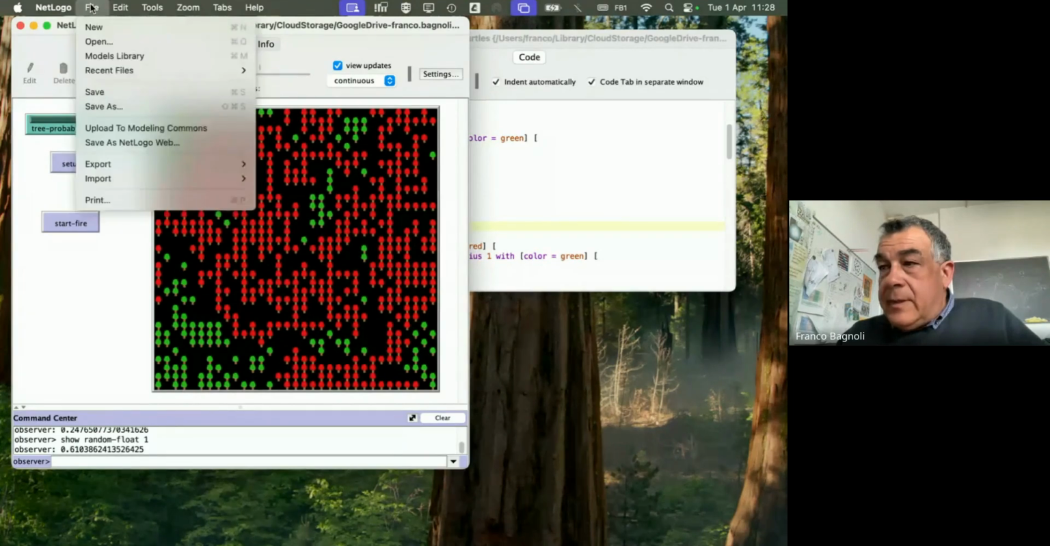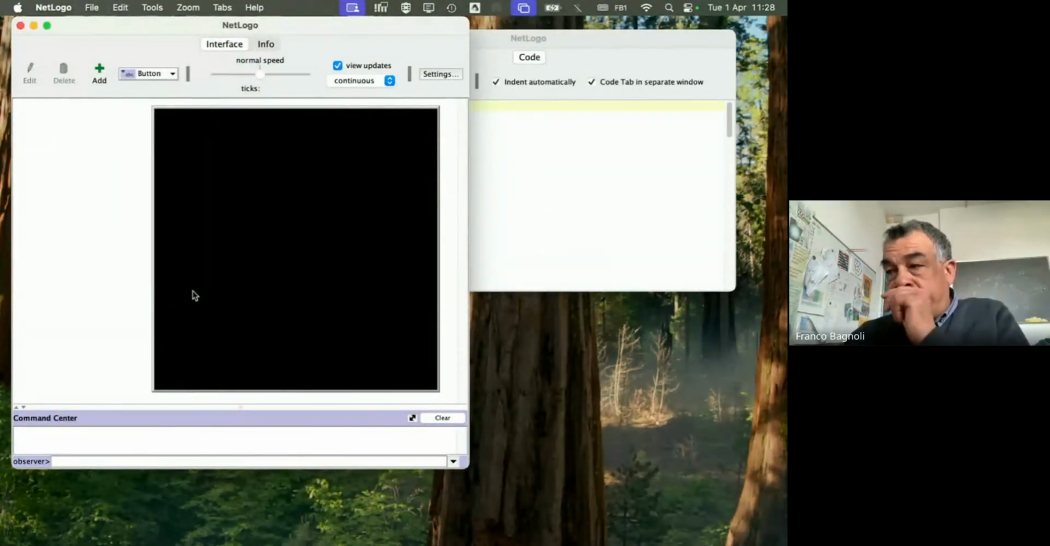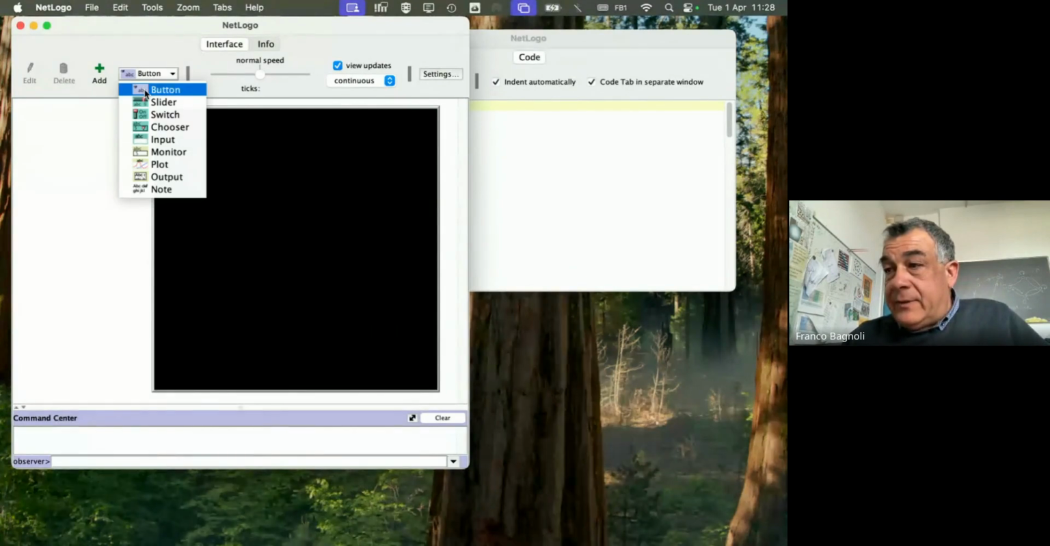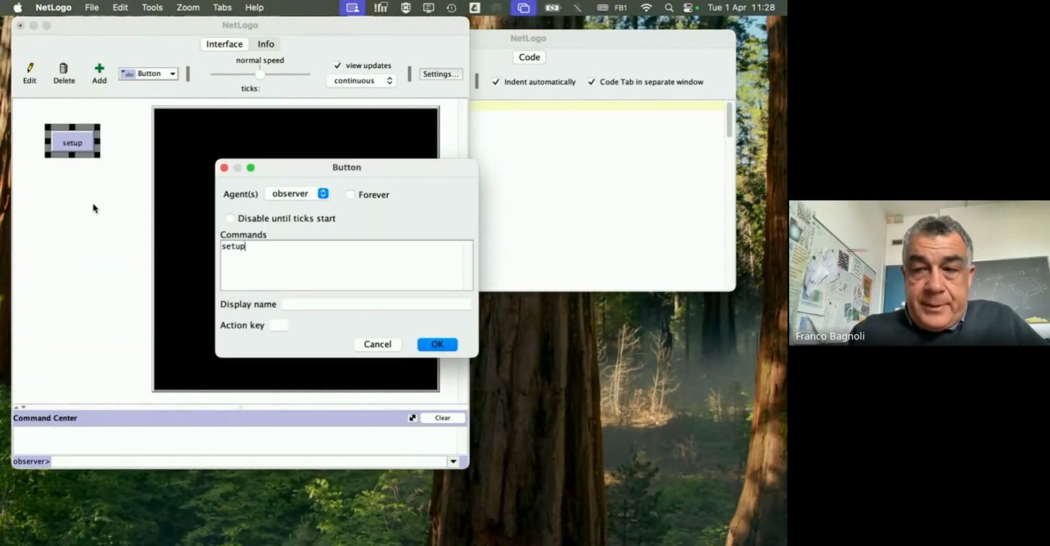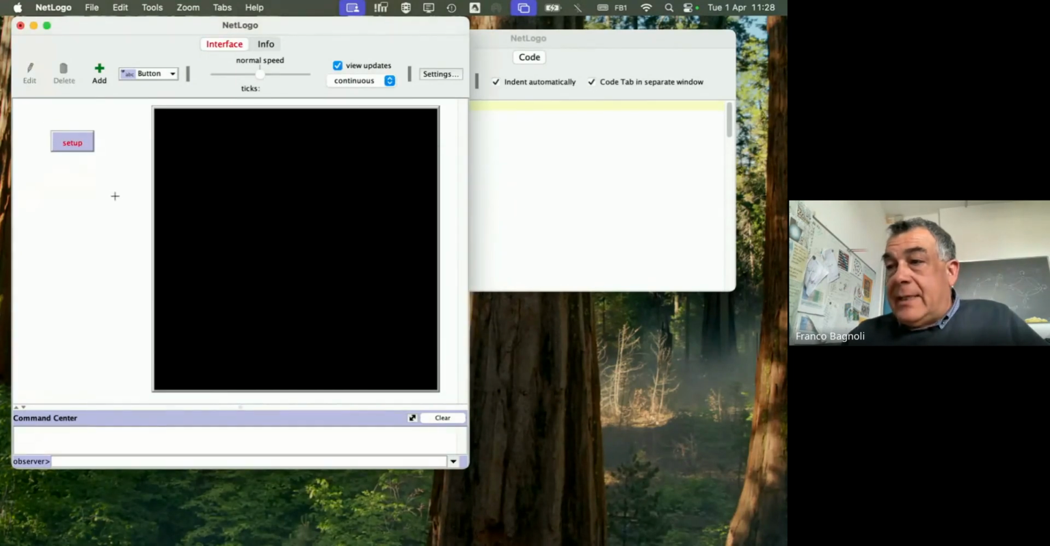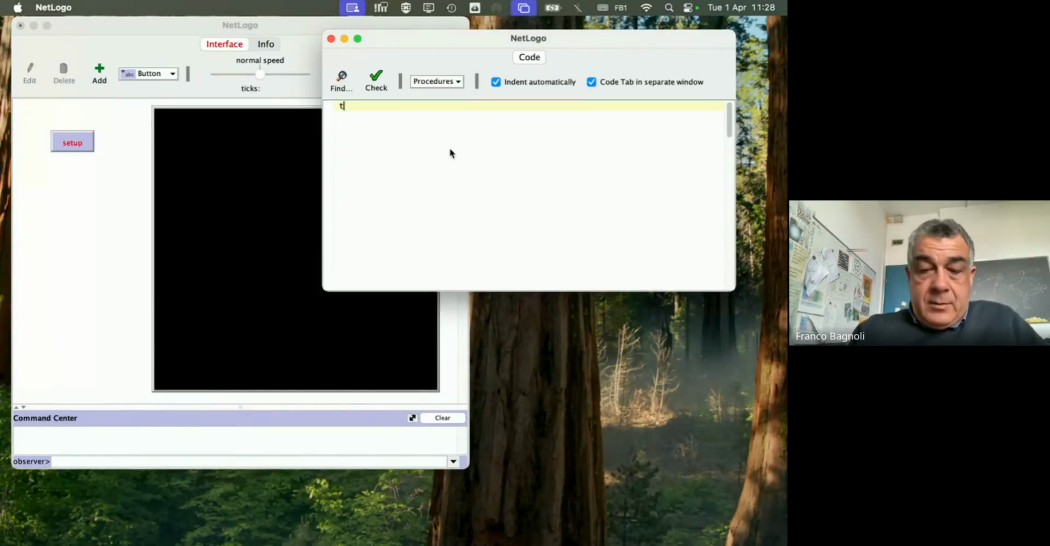Okay, so maybe we can start a new one. So again, I can have a button setup, and in setup I can say make all the world covered by grass: clear-all, ask patches set pcolor green, and then I can say create one turtle,